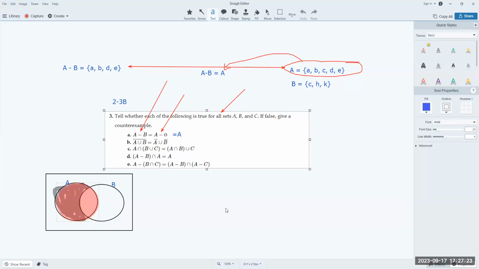Let's see if we can get up there. Are those two exactly the same? And I would say they are not the same. Then I could go create my counterexample. So that way, when I have a new one like